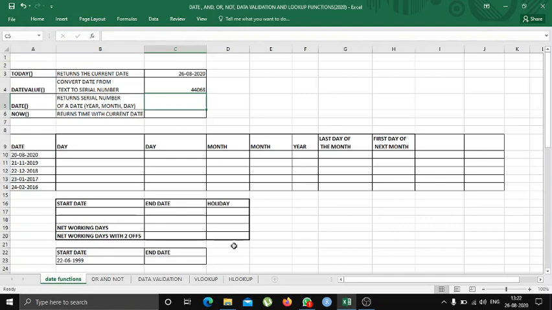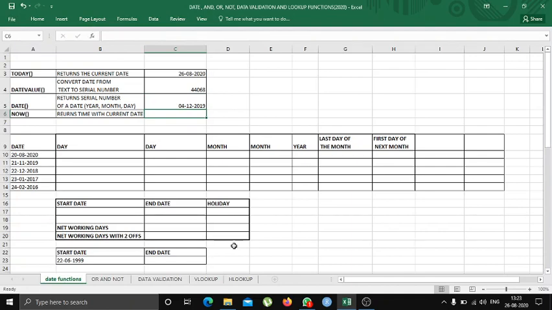Now let's move ahead with the DATE function. In this, we'll be able to enter year, month, and day, and Excel will provide us with the exact format. So let's try this function. The function is DATE, open the bracket, enter the year you want, 2019, enter the month you want, let's take December, enter the day you want, let's take 4th. Close the bracket, and it will show the exact format, that is 4 December 2019.